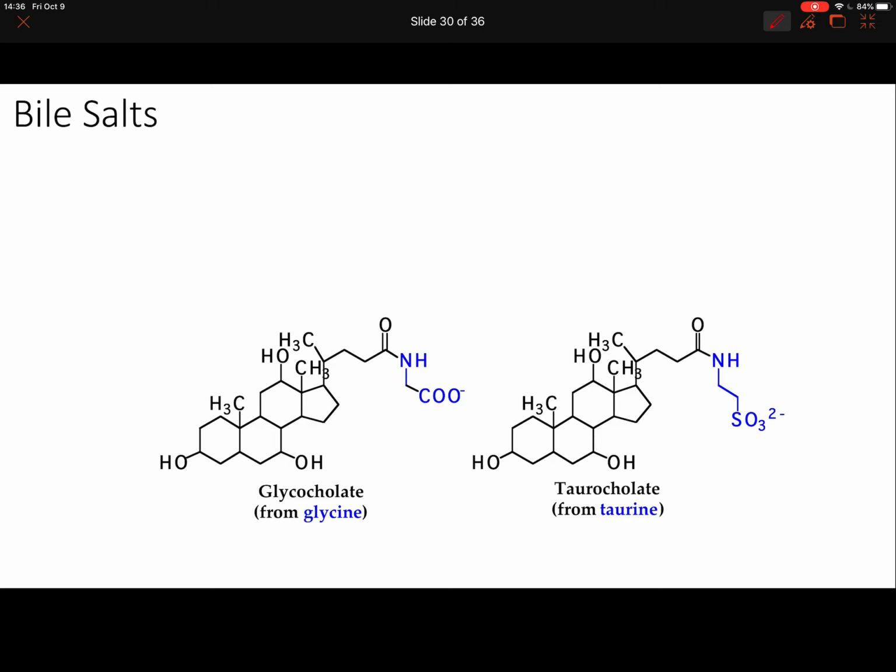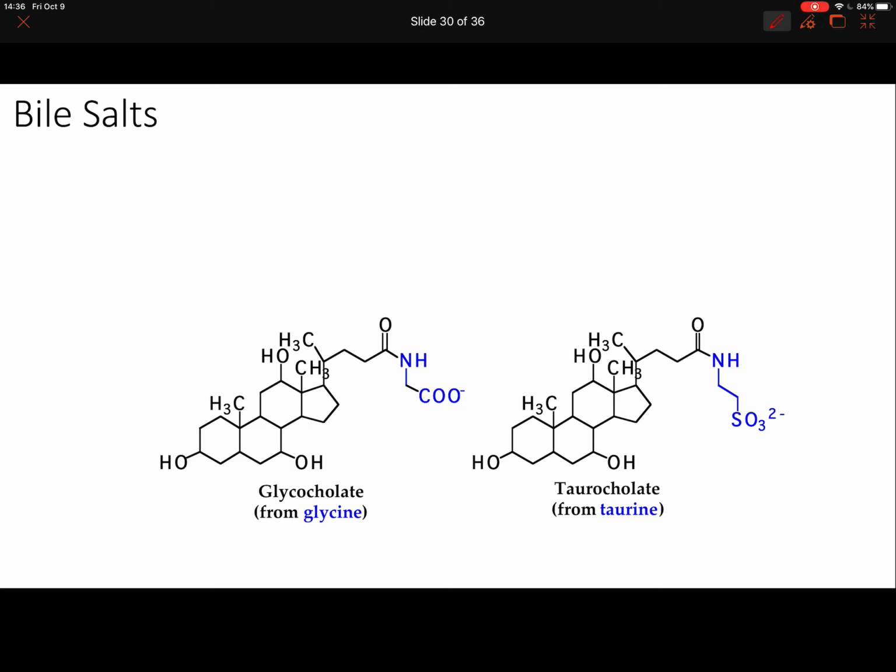Bile salts. These are oxidation products of cholesterol. These are synthesized in the liver. They're stored in the gallbladder. So if you don't have a gallbladder, you don't have a storage of these, but you still make them. They're secreted into the intestine when you are eating, and they help to break down fats because they emulsify fats,